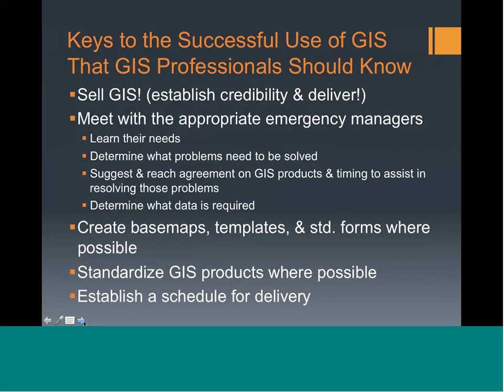And then, as we've teed this whole thing up with the emergency managers, the other part of the equation is that the GIS team needs to learn to meet with emergency managers and learn their needs, figure out what problems can best be solved with GIS, reach an agreement on GIS products that they might produce, and start small. I'd suggest working your way up into timing. When's this going to happen? During the day, or during a shift, or prior to or during an event? Determine what data is needed based on that, and/or models, and then create as much as you can up front,